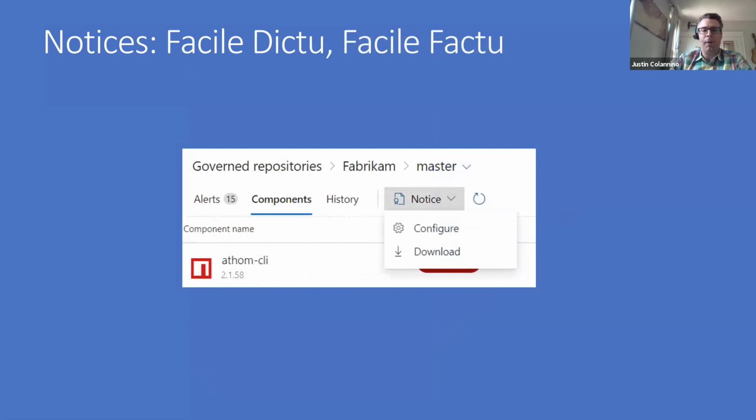We literally have a button that keeps track of all the components you're using. You click the button and you get the notice file that includes all the license information and all the copyright statements that you need, supported by an open source project at the Open Source Initiative called Clearly Defined that Microsoft worked very hard on to stand up. It's an open database with license information about open source components. So check it out, clearlydefined.io.